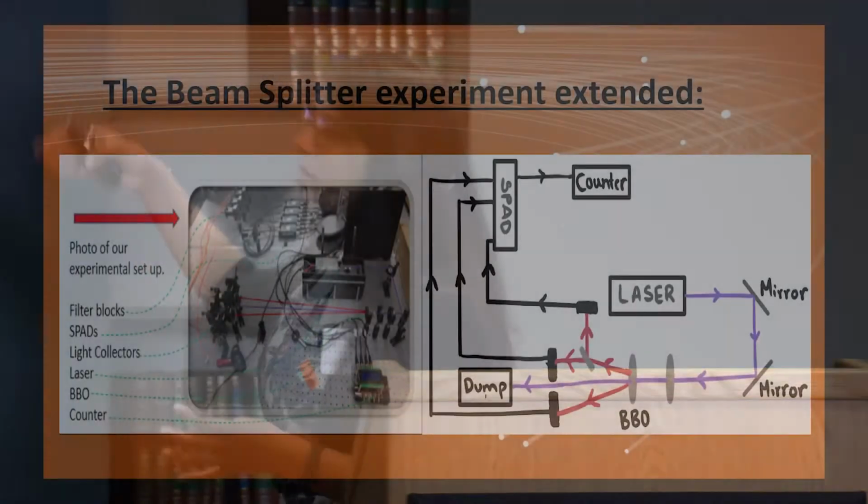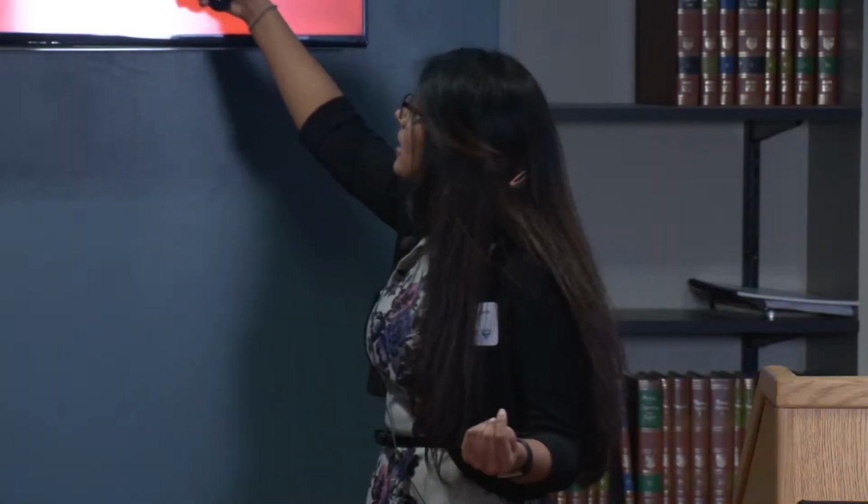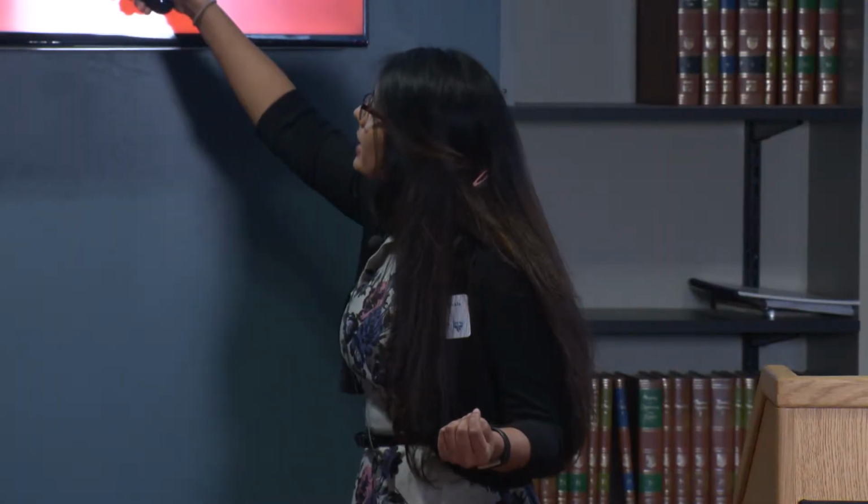But I wanted to experiment with 1 photon, right? So how would I go from having a pair of single photons to having a single photon that I want to experiment with? I extended my beam splitter experiment. So that is the previous one that I had, and now this is where I introduced a beam splitter. Now if you look, I have the same laser, and then I have the BBO, and those are my correlated photons, and this path remains the same. I didn't do anything with it, but here I put in a beam splitter.